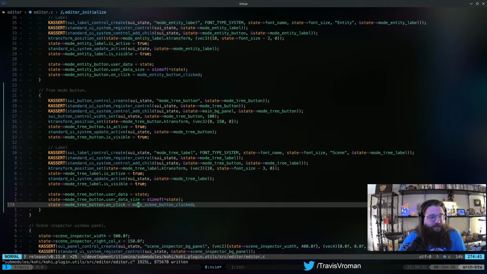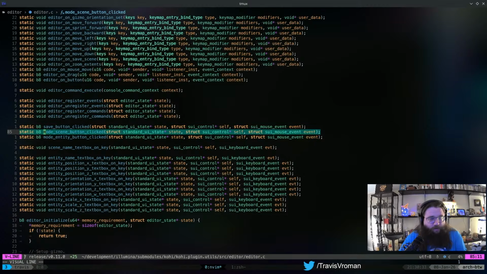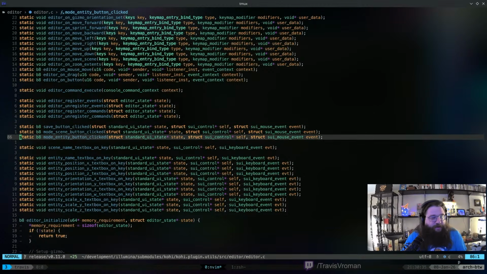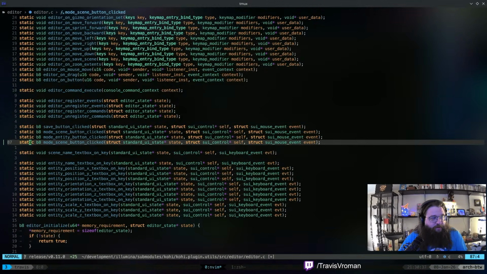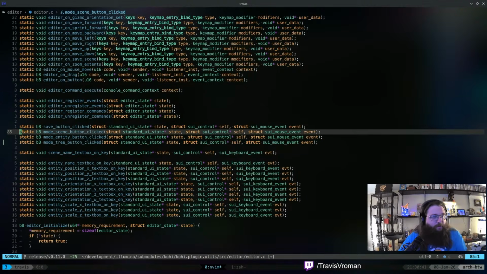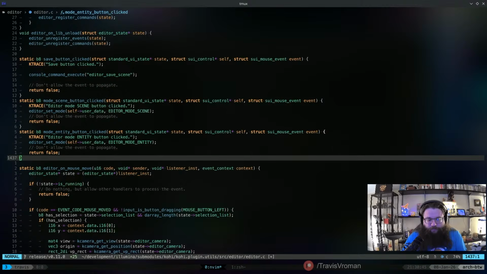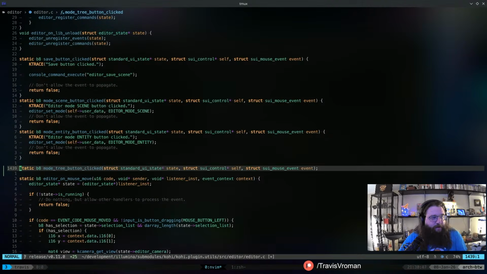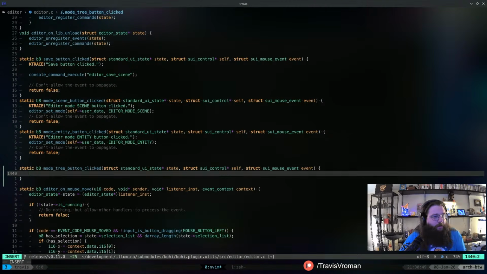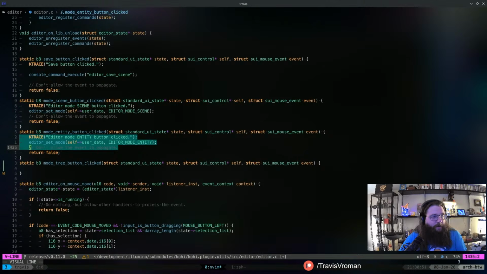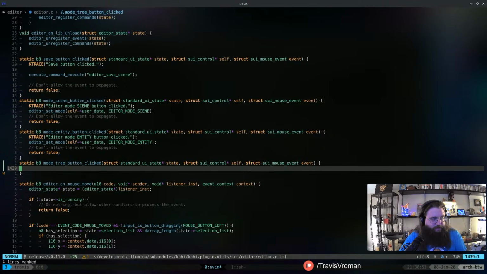Now, we have the mode scene button clicked. We need a new one of these. So we're going to put that in here and call it mode tree button clicked. We'll go ahead and skip down here to this guy, and I'm actually just going to copy pasta this.